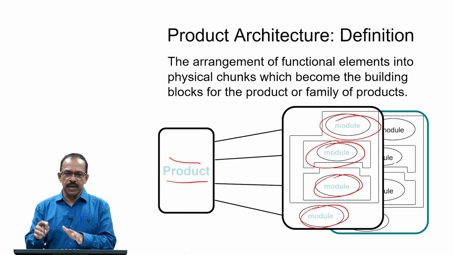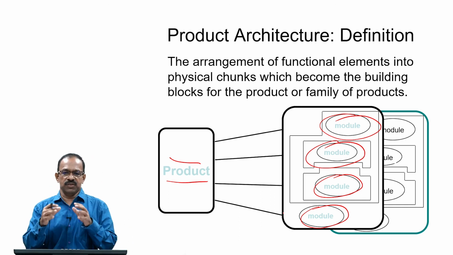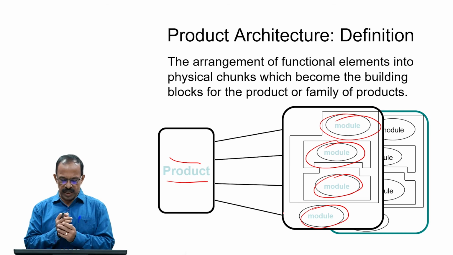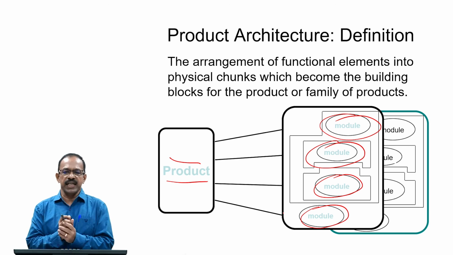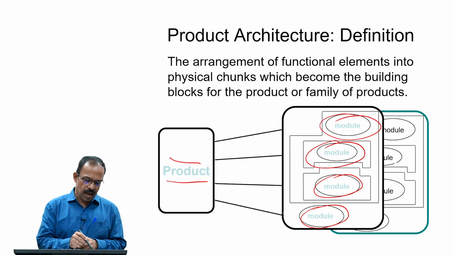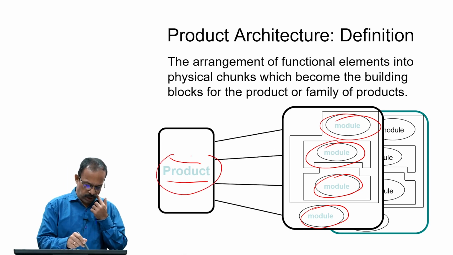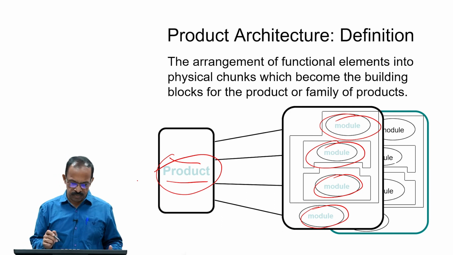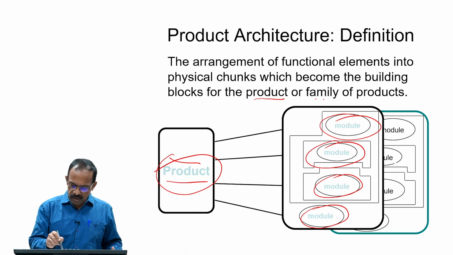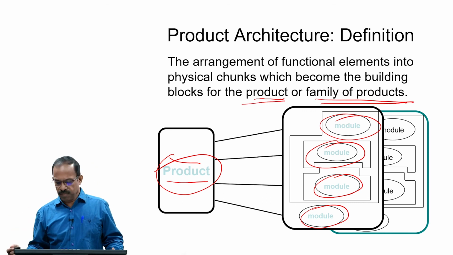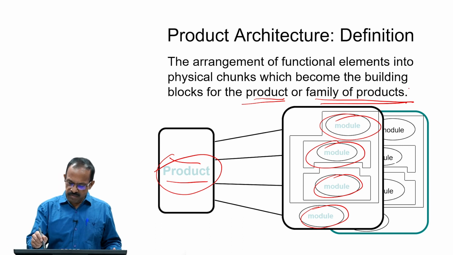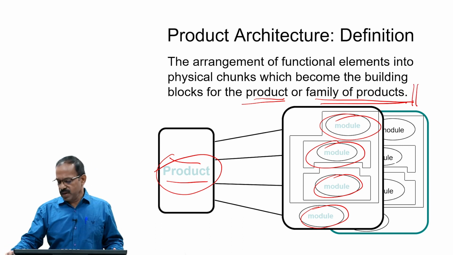So, there will be multiple components or sets of components or sub assemblies in the product. How these can be arranged in a proper way is basically the architecture, and when you properly arrange them, you will get the product ready. So, that is how we get the product, and also the family of products. You can have one product or a set of products which becomes the family of products, or the portfolio architecture of the product.